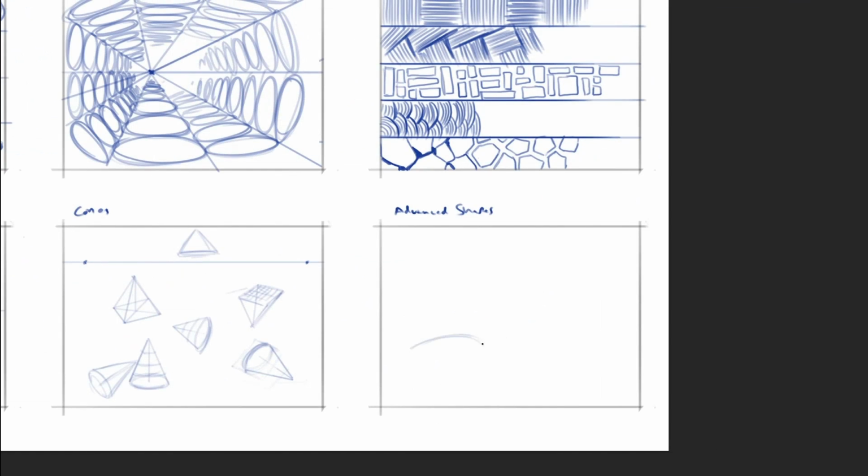You can as well draw advanced shapes like the torus shape, trapezoids, cylinders, spheres, rings, wheels, or even organic shapes. You can fill sheets and sheets of paper of different types of shapes and lines to sharpen your line quality.